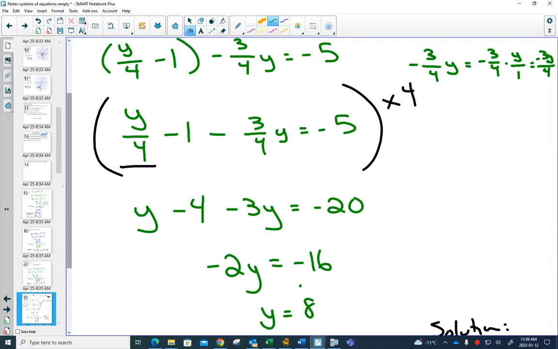Anything that you're allowed to do with algebra, anything that you do to one side, you do to the other, you can do that in an equation. So sometimes you solve an equation, you might re-look at that same equation you just solved and say to yourself, could I do it in a different way? And sometimes one way you'll like better than the other. There's going to be places where shortcuts are available, but those shortcuts are only available if you know all of your options all the time